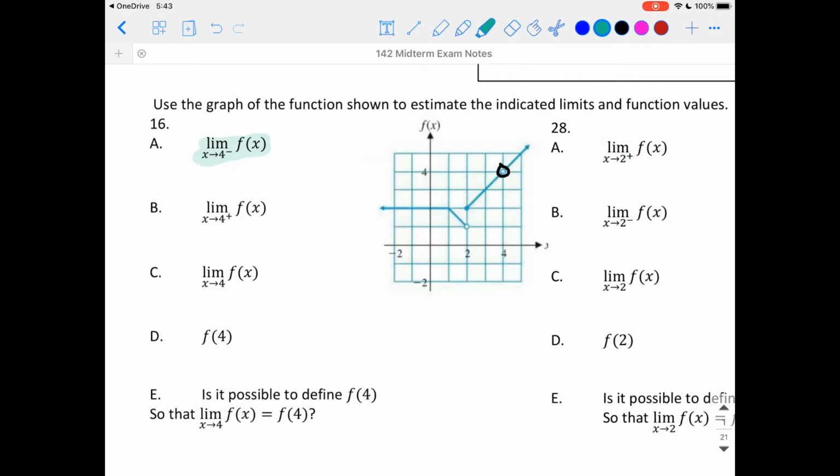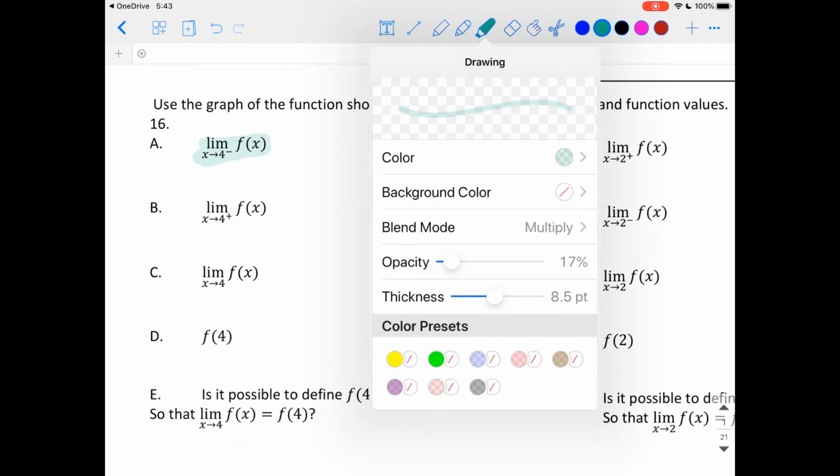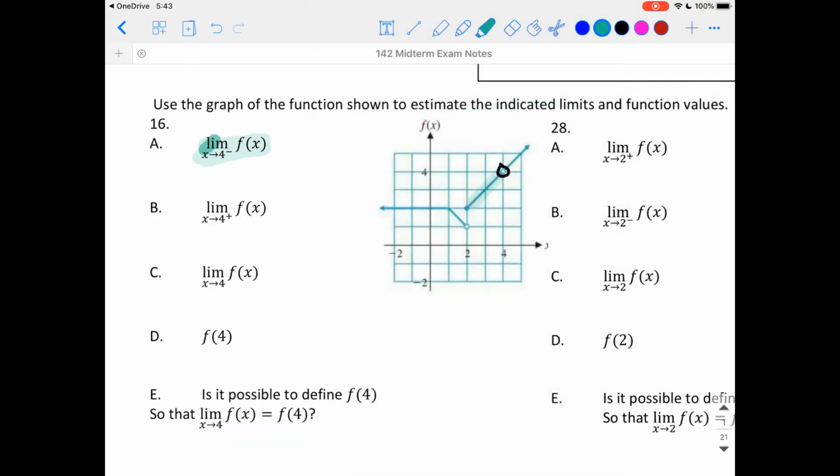on the graph, which is technically this right here, and you can't really see that. Let me make it a little bit darker. So this one right here is this one right here, and there's my arrow. So the question is, what is the y value headed towards from the left side of the graph approaching x equal to 4 on that graph? Well, the y value